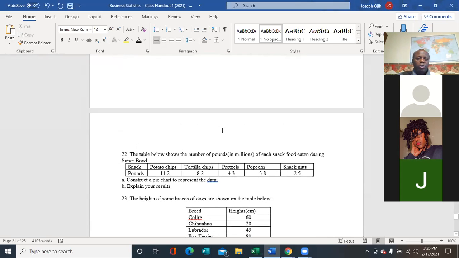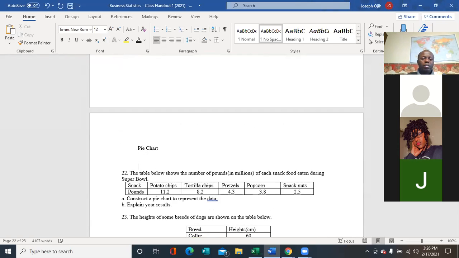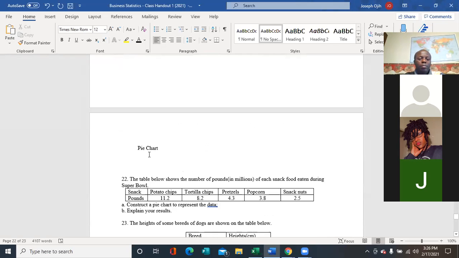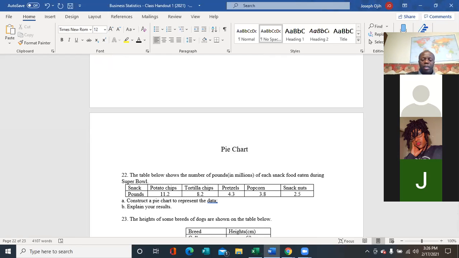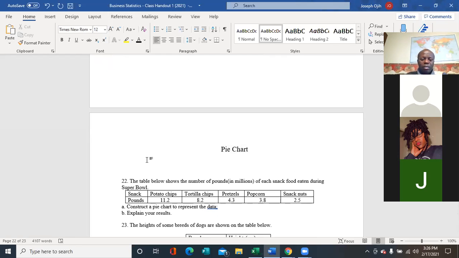So now, the next thing we're going to look at is the one we call the pie chart. I'm sure you must have seen pie charts in magazines and newspapers. In pie charts, we use a circular graph to present data. So a pie chart is based, let me write it down. Pie chart